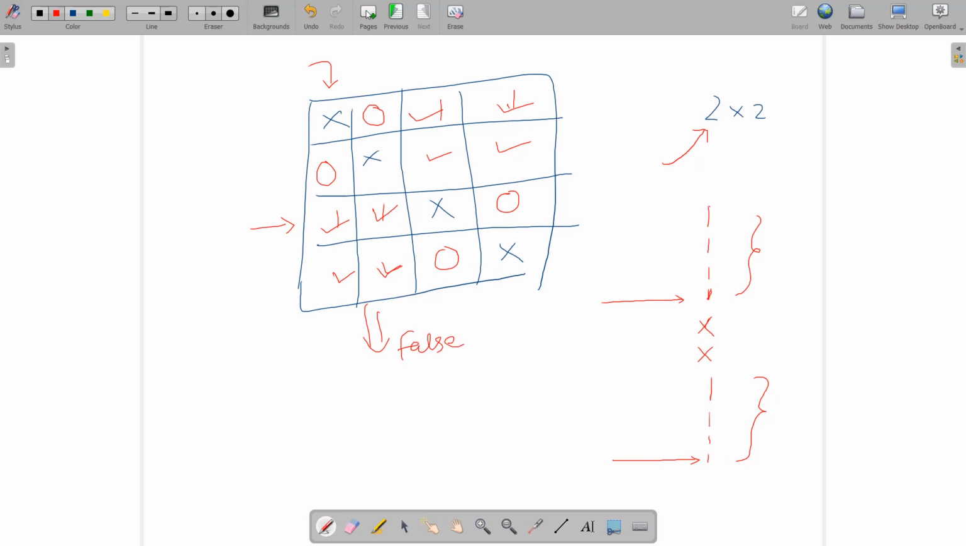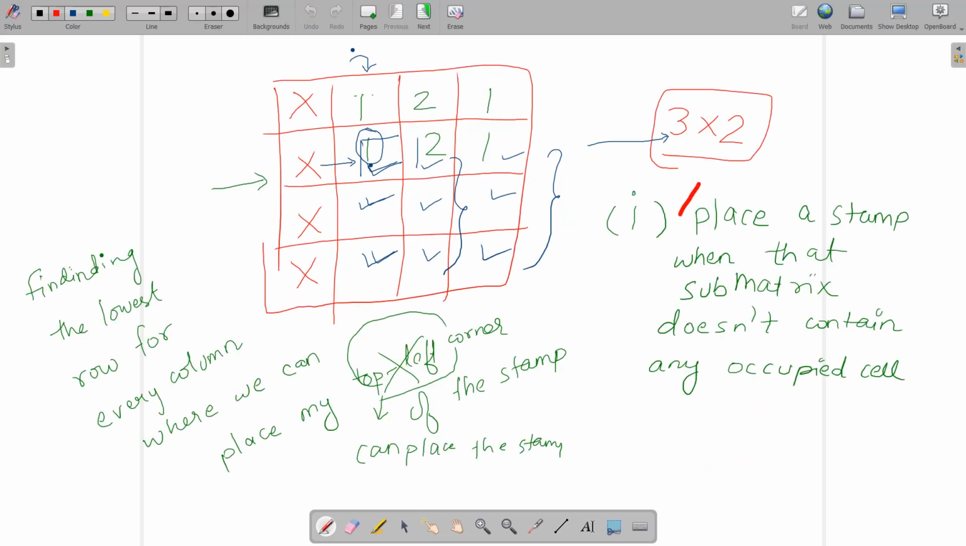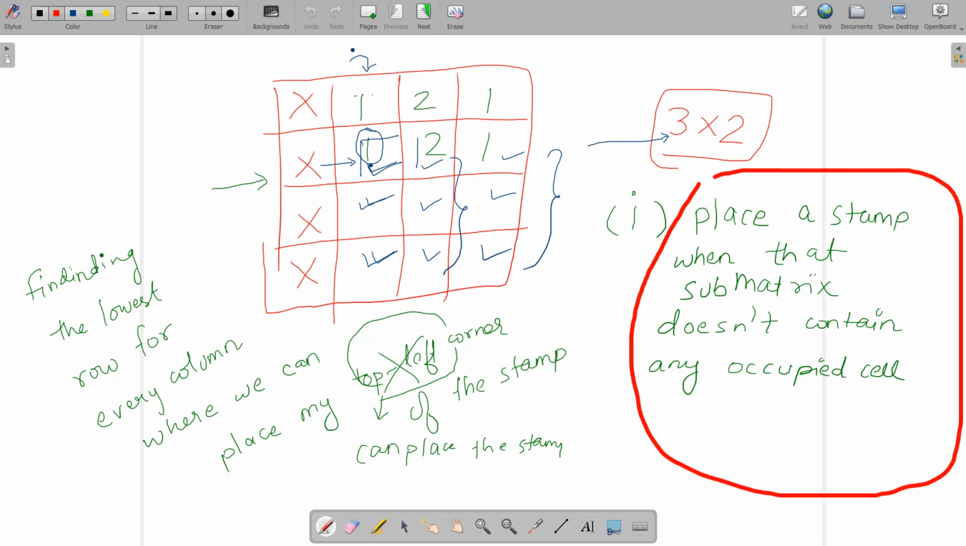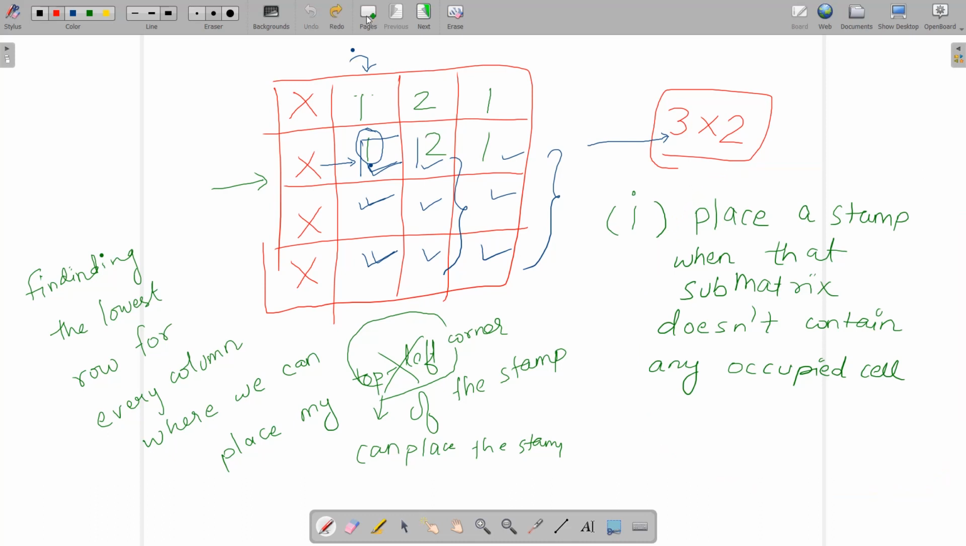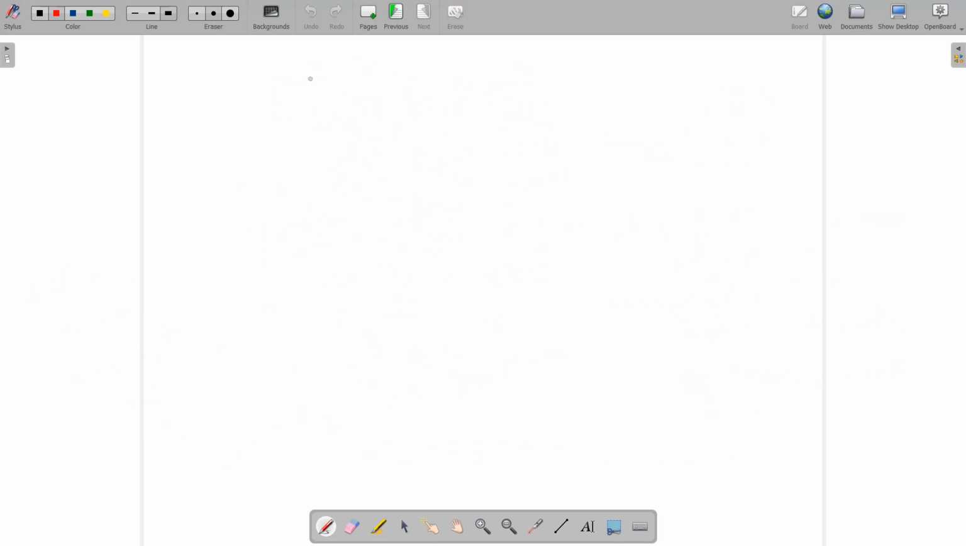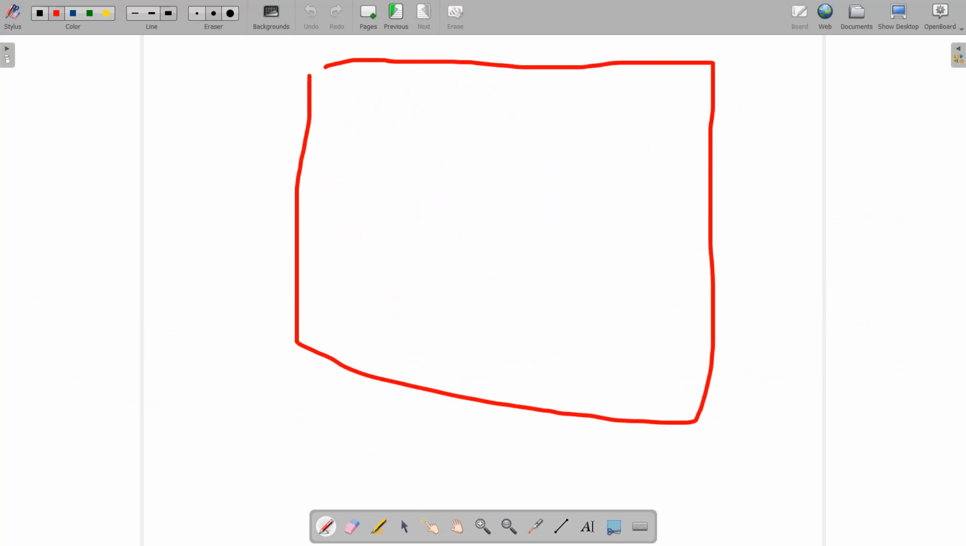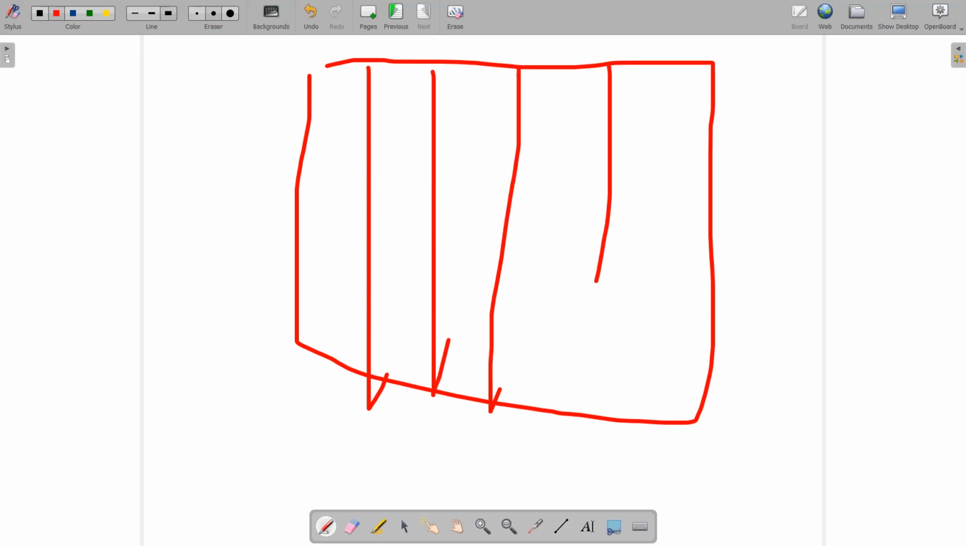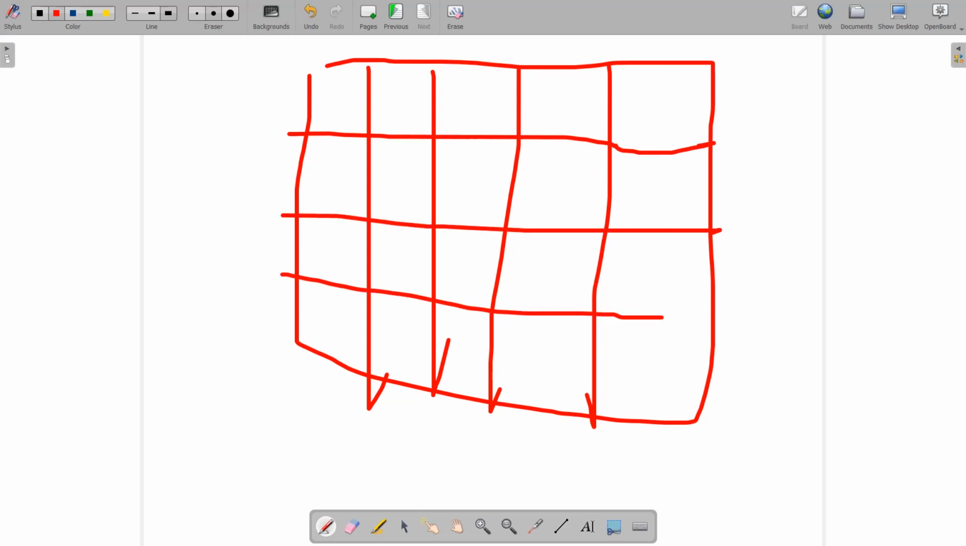Okay. Now there is one more tricky part. How do we calculate this one? Place a stamp when that submatrix doesn't contain any occupied cell. I want to hear from you guys how you check this condition, but still I would give some hint to find that part. That part would be quite easy. Suppose you have some matrix, and you are interested to find out whether there exist any occupied cells or not in